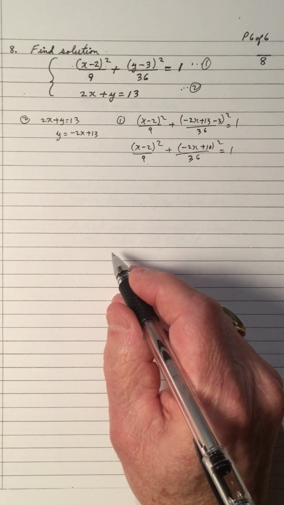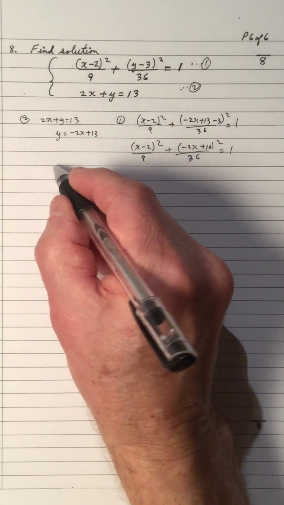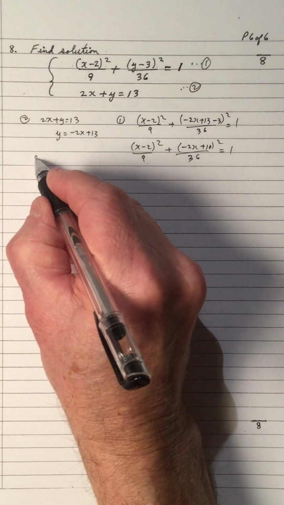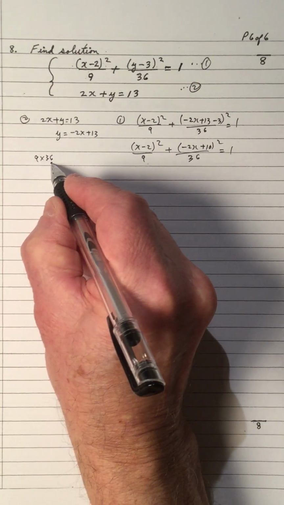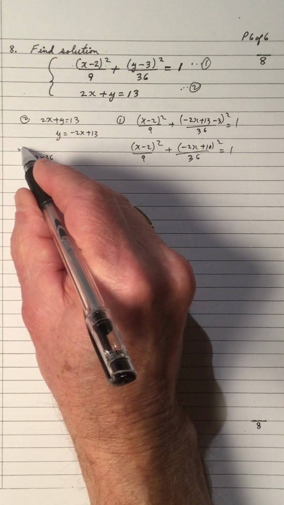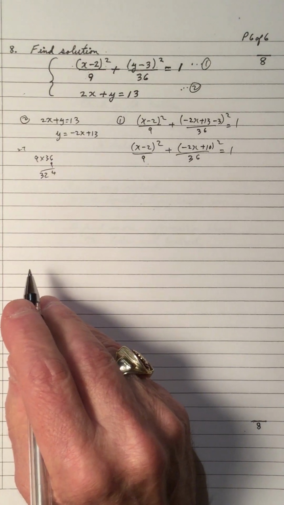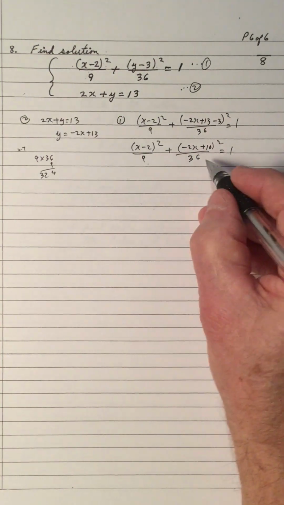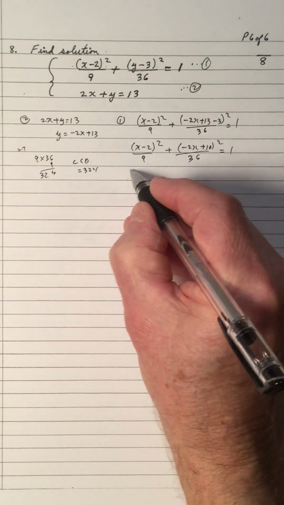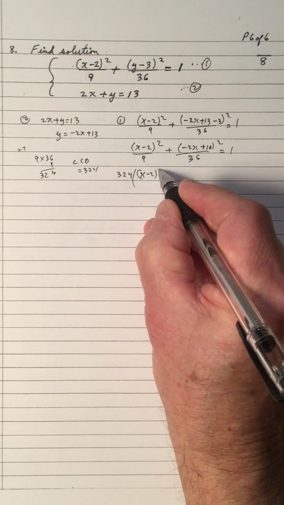So the LCD is 9 times 36. 6 9s are 54, 27, 27, and 5 is 324. Okay, so the LCD is 324. So we'll take 324 and multiply by each part,